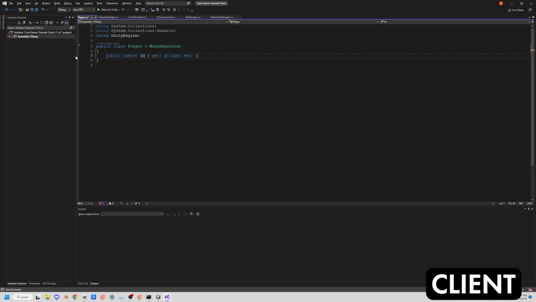And that's going to be a get private set. We're going to do a public string username, which will be a get private set. And we'll do a public bool is local just to see if we're the local player. Basically, all of these we're not going to need to set anywhere else because we're going to create an init function right here,